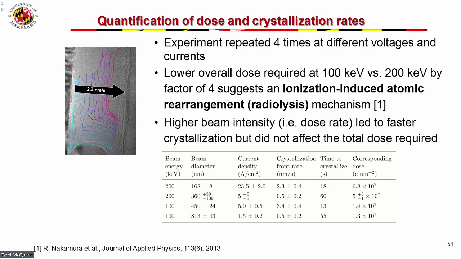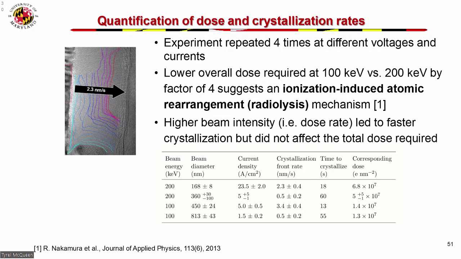So with a converged beam, it would take 18 seconds to crystallize, but with a spread beam it would take 60 seconds. But the total dose was basically the same regardless. Just because it takes longer, if we have a weaker or lower current density, the total dose is the same. And similarly, for 100 kV, we basically did the same thing,